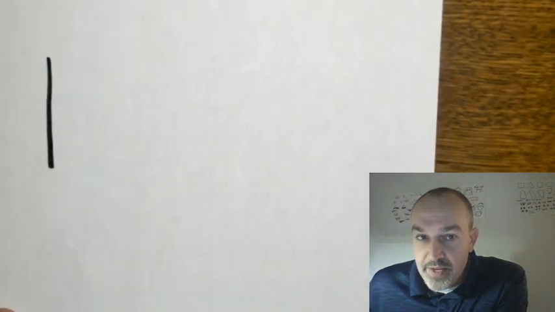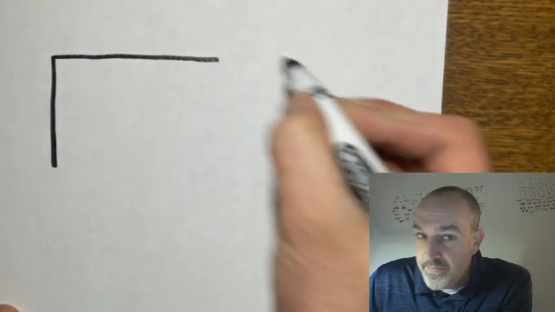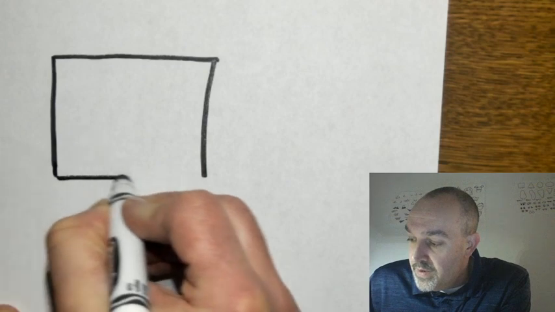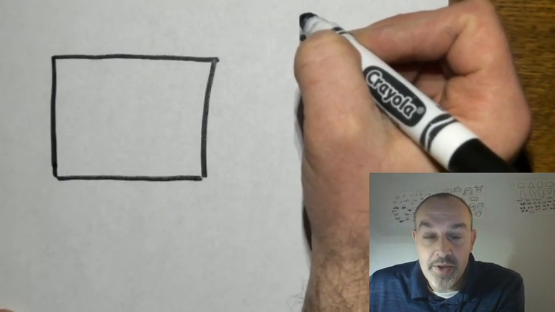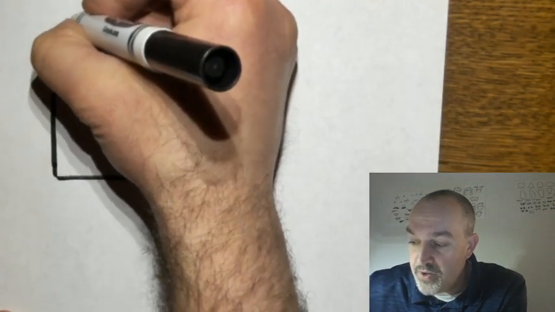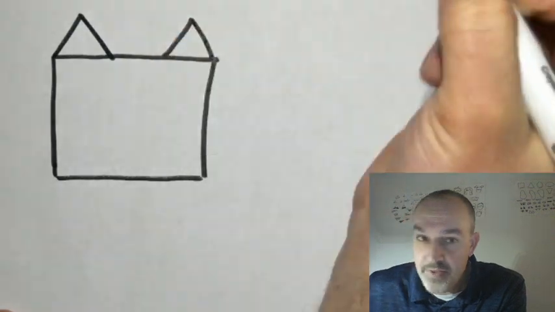Okay, let me move that down so you can see it better. And across. So there's my square. Now that I have my square, I can go ahead and add some details on the outside of the square. We're going to start with a triangle here and a triangle here. And then inside,